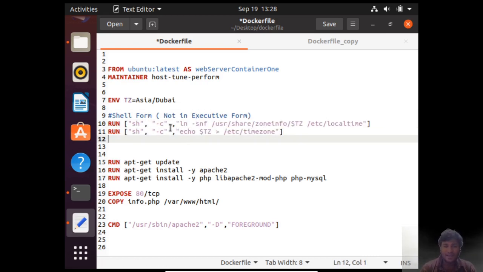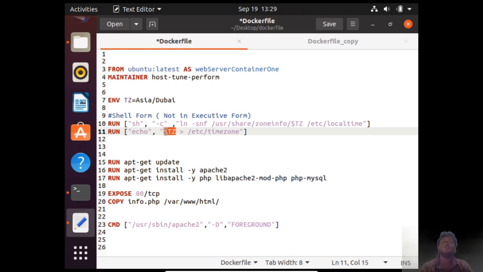So again, if we see over here, this is the shell variable. If we do not pass it like a shell variable and say something like this, echo, and just something like this, in this case this particular variable value will not be fetched.